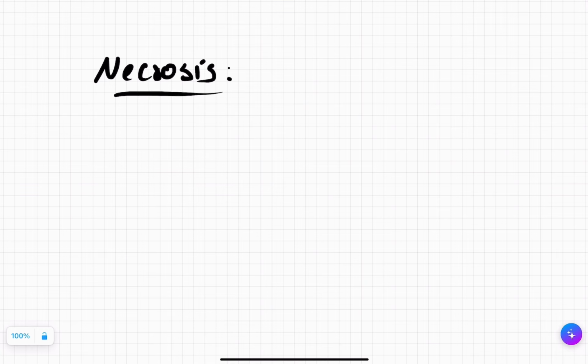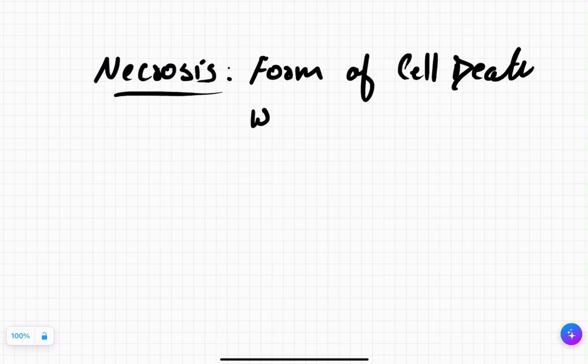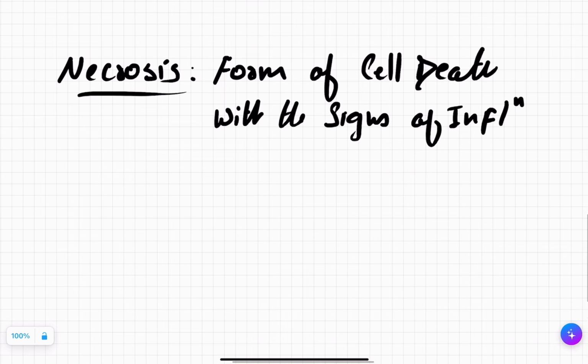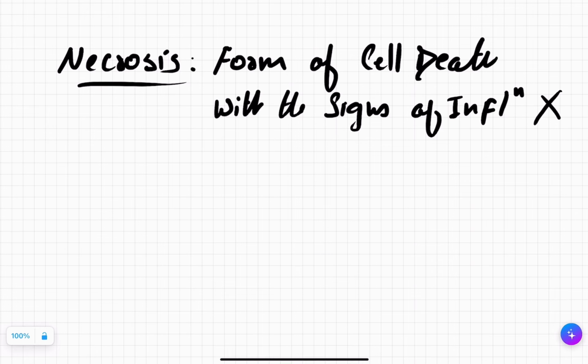What is necrosis? Necrosis is a form of cell death with the signs of inflammation. Now, why am I saying with the signs of inflammation? Because when we study apoptosis, the signs of inflammation are absent. Why? Because when there is death of a tissue, it releases death associated molecular patterns, DAMPs. But this is not released in